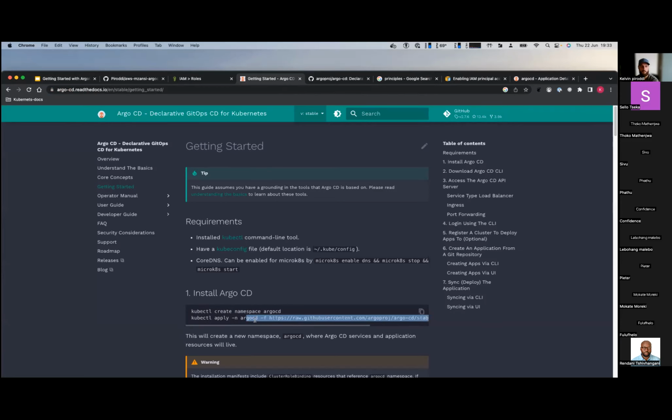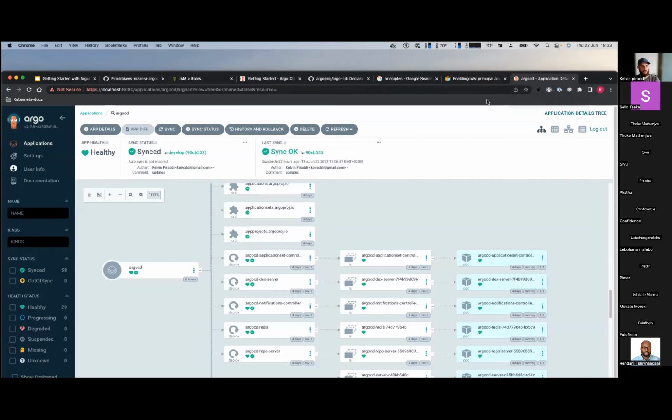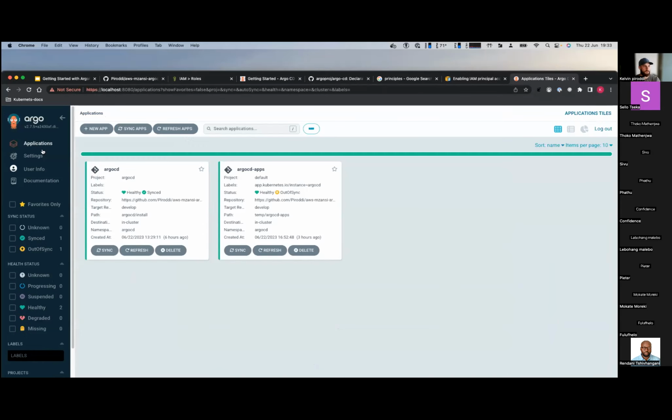You just need to say kubectl apply this. Obviously, when you're doing production management of ArgoCD, this is not how you'll do it, but this is the Getting Started, and this is pretty much what I've done for this demo. Almost the same. And now I've basically just logged on to the default ArgoCD. I have installed some apps, which we won't go into too much, but I'll just do a quick run through of the UI.